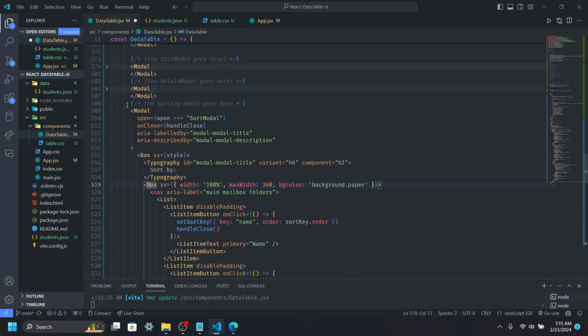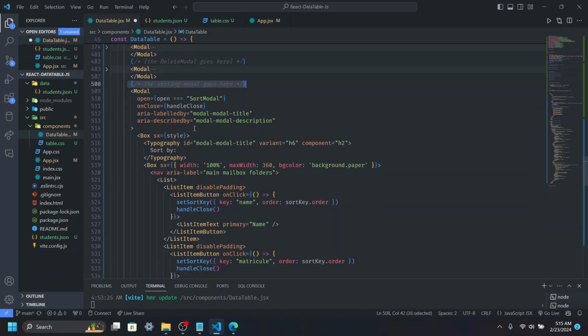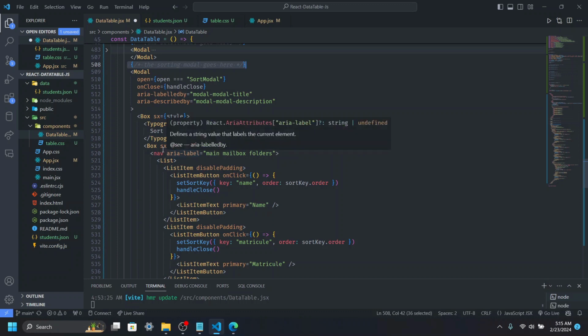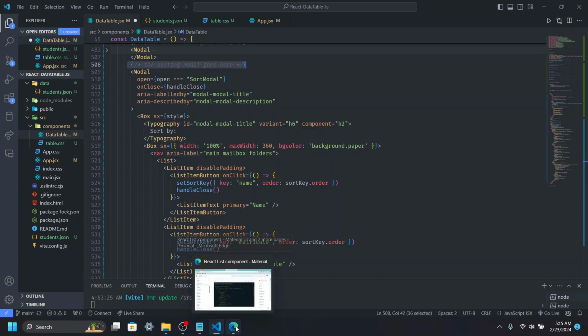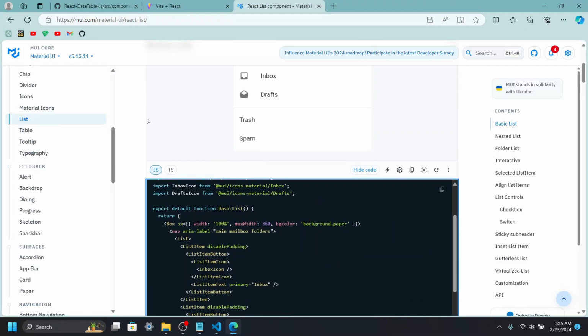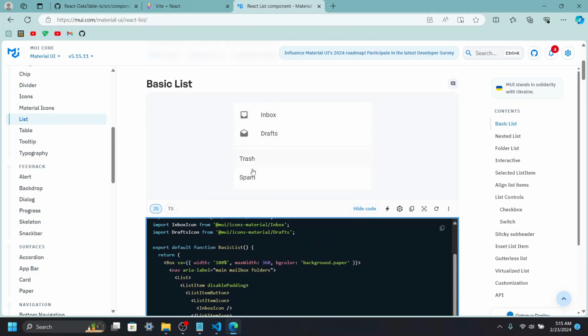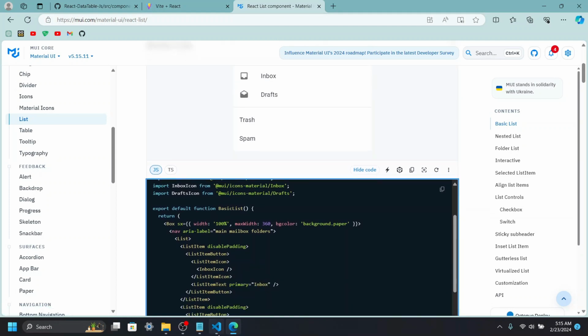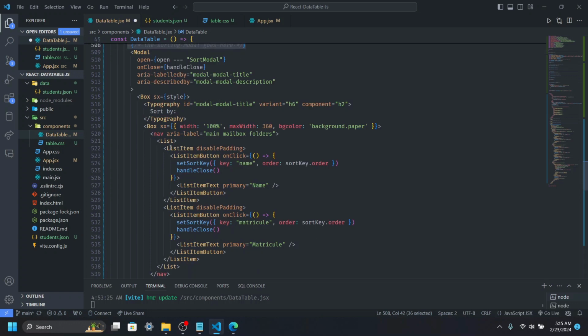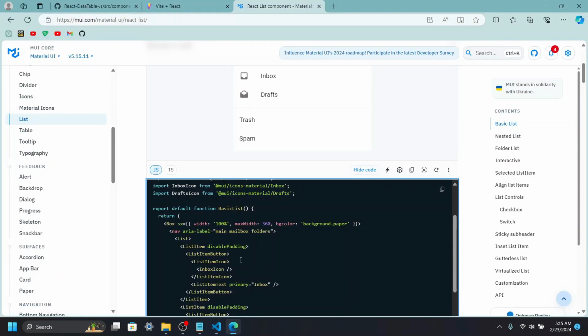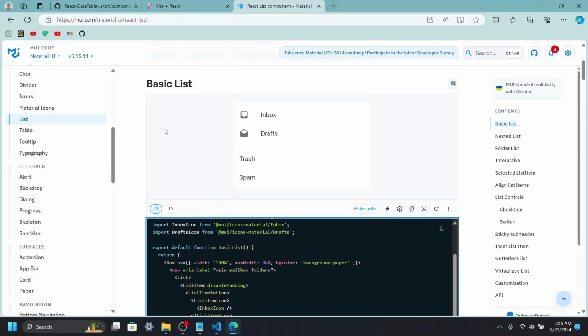So we now have this new modal over here, and it says sorting modal. To better understand this modal, I'm going to come to our browser to Material UI and have us explore their list component, because actually the modal here is simply a list modal where we have a list with different list items. So we're going to explore Material UI's list component, and what we want is when we click on that sort icon,